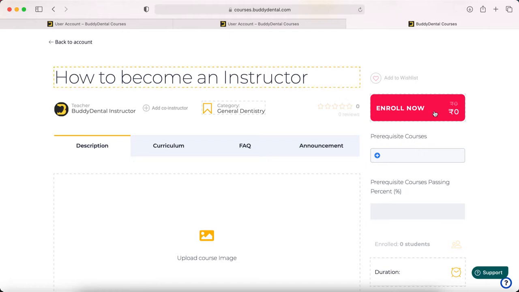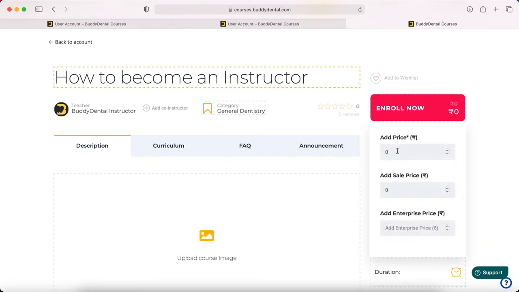To add a course price, you can add the amount that you want to quote for a course. You can quote anything between 0 and 10,000 as per the content that you have. So ensure that you price it so that it is lucrative for the student who is enrolling for this course, and it is also budget friendly.